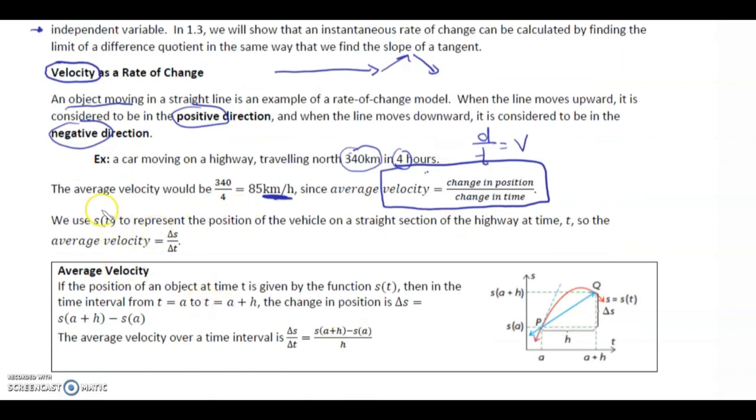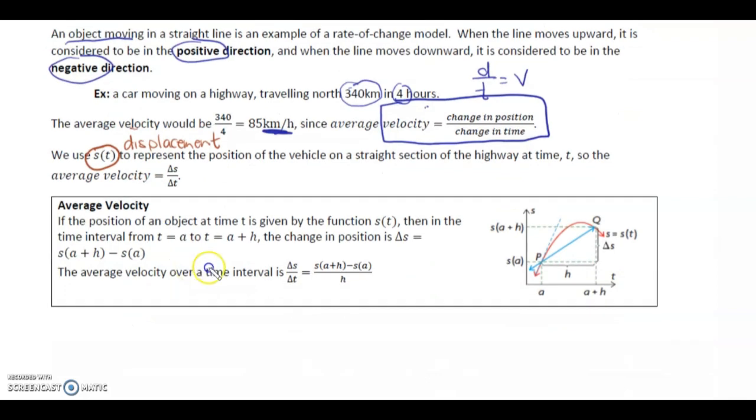We use s(t) to represent the position of the vehicle in a straight section of the highway at time t. Whenever you see this, this is usually displacement. And from the displacement, we can find velocity. So the average velocity is the difference in displacement over the difference in time. Average velocity: if the position of an object at time t is given by the function s(t),